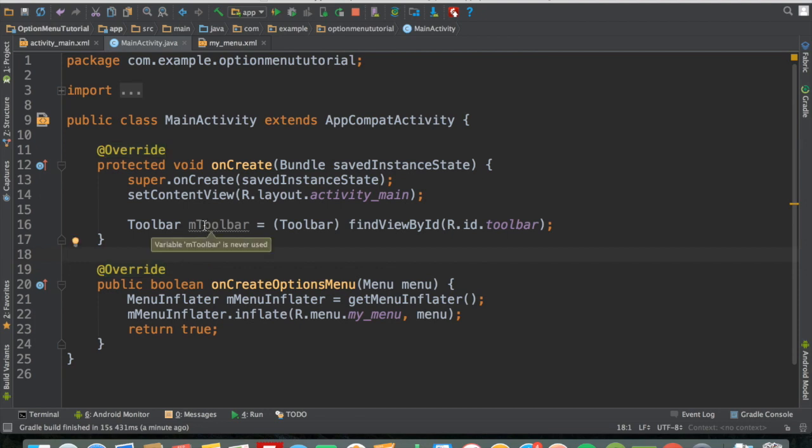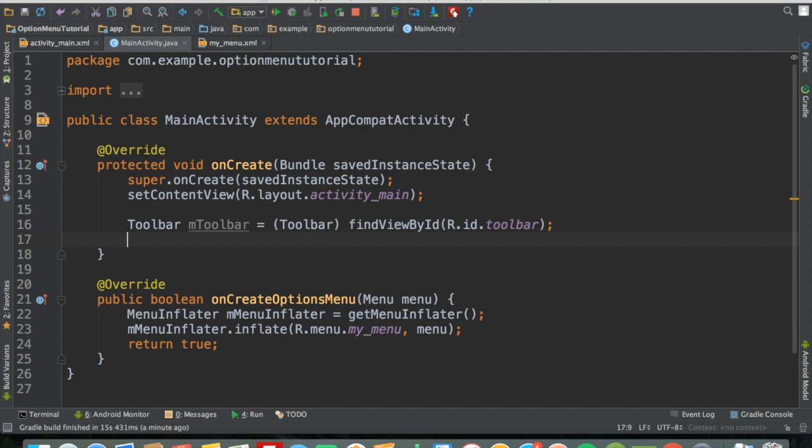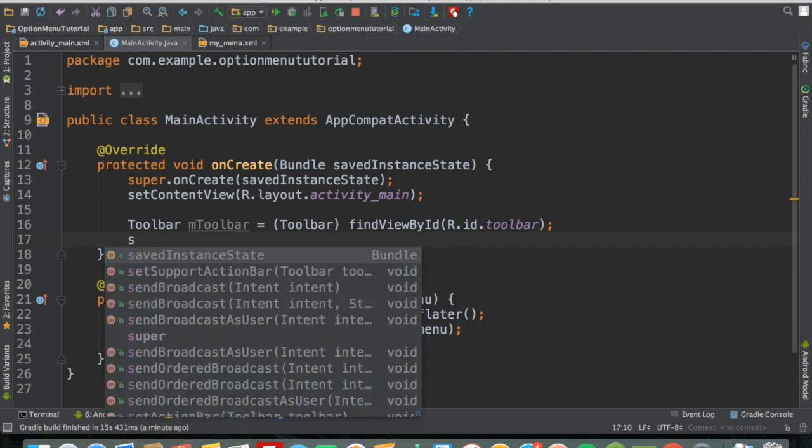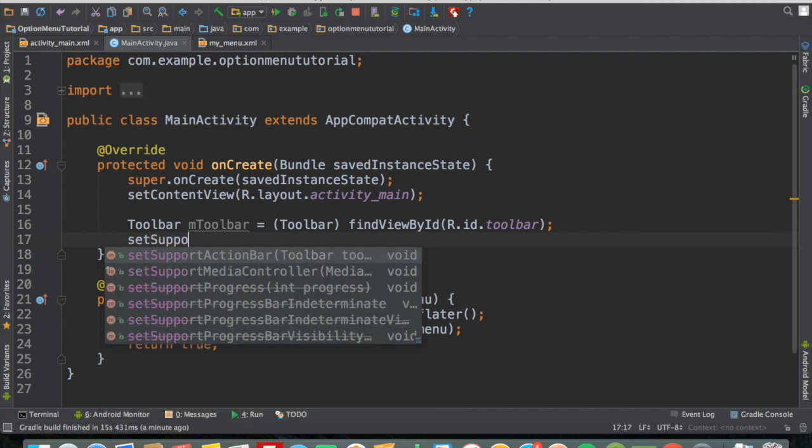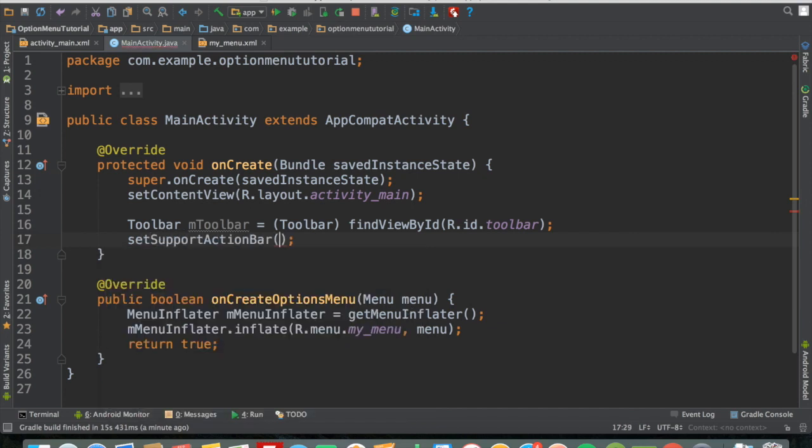Okay, so the reason why, it's because we forgot to add this line. We need to say set support action bar, and then we need to give it the toolbar here. So if you forget this line, then you won't be able to see the option menu nor the title of the app. So if you run the app again,